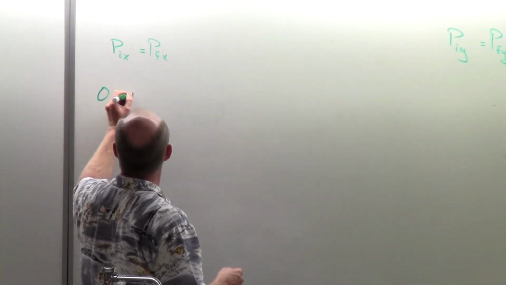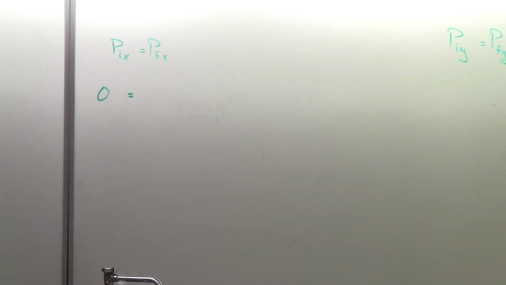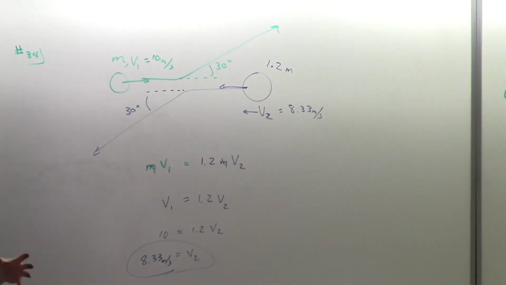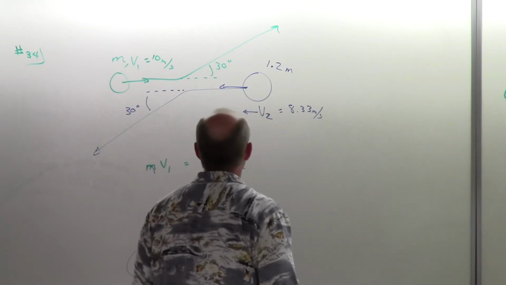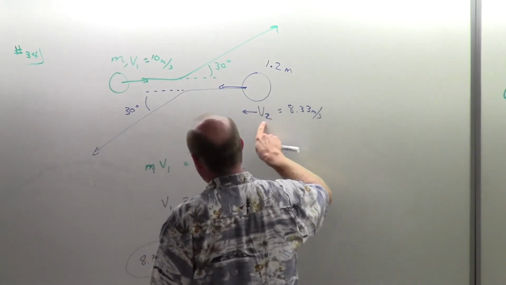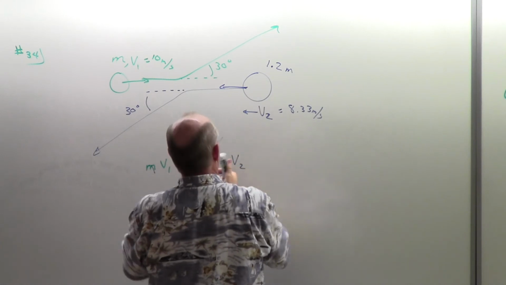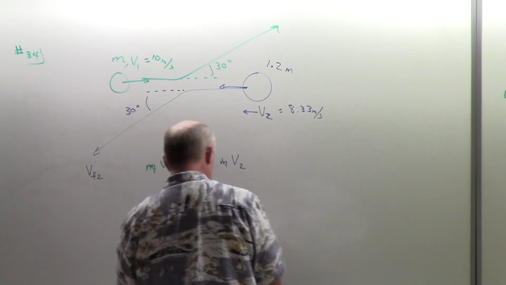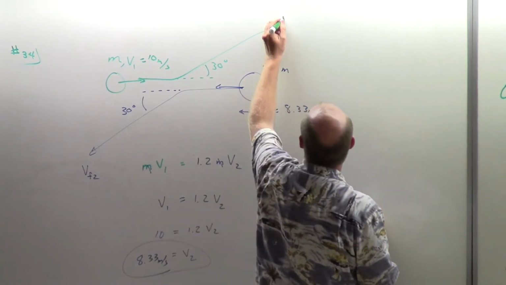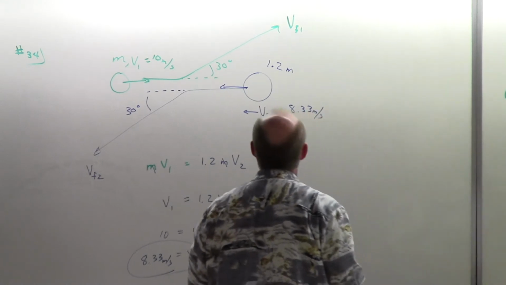And so in the x direction, I guess I would say 0 initially, right? I mean, isn't that the whole purpose of their discussion here? It's how we got the different speeds, is they said that one would have a momentum and the other one would have a momentum, and so the momenta total is 0. And so if we label this as, I'll put it in blue, V final number 2, and I label this as V final number 1,